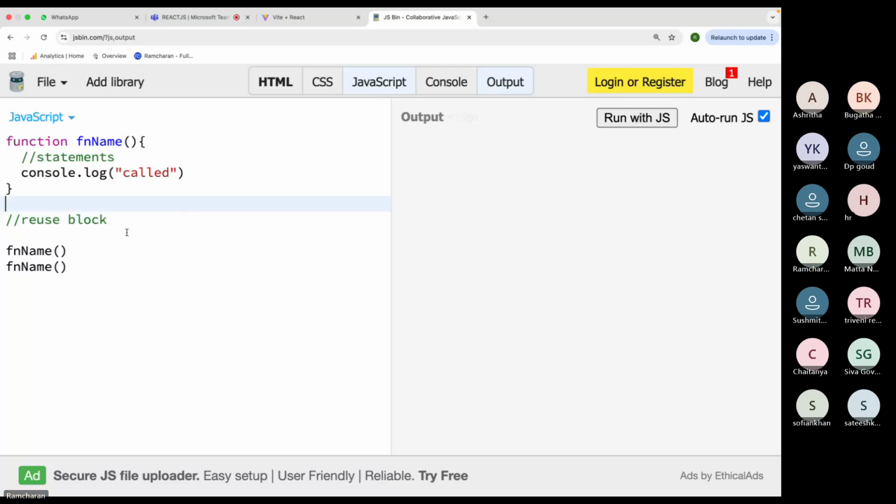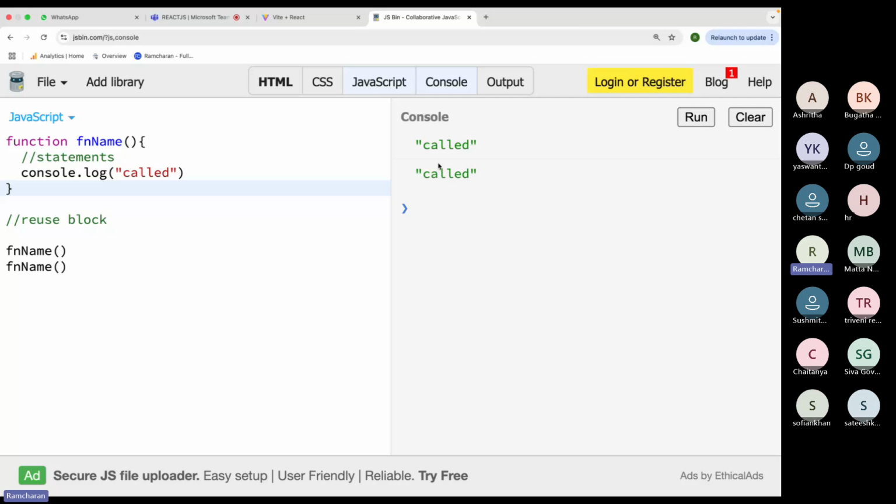What happened? Console log. I'm not getting the console. Sorry, console I have to check. Sorry guys, I'm checking output. Okay. So when I run this, see,